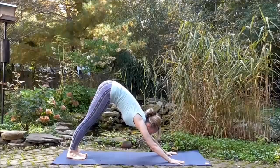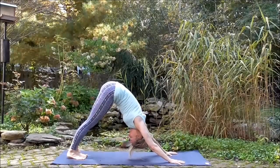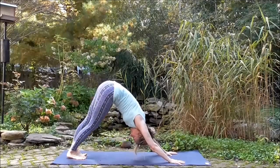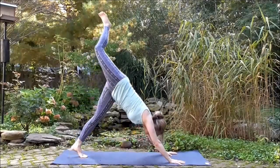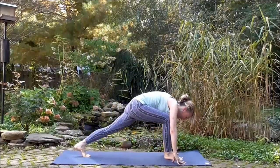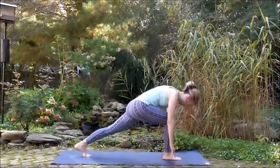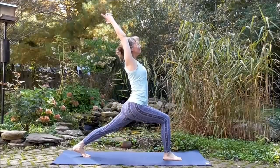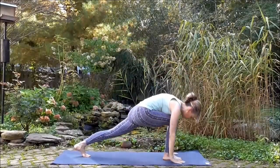Again, pay attention to your breath and make sure that you're breathing in and out completely and allowing that oxygen to really pump in your lungs. From there, you're going to take your right foot up to the sky. Exhale your right foot between your hands and then come up into a deep lunge pose as you have your